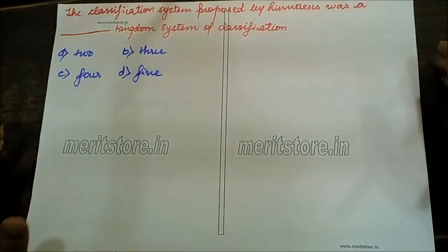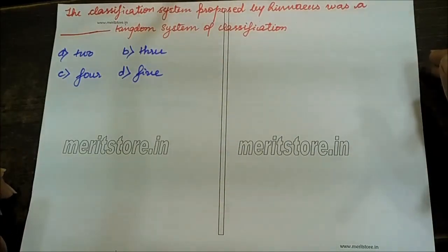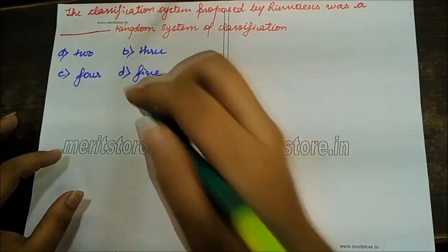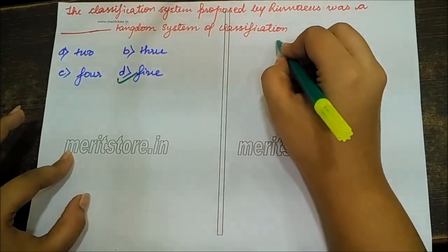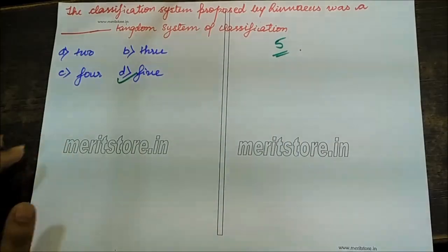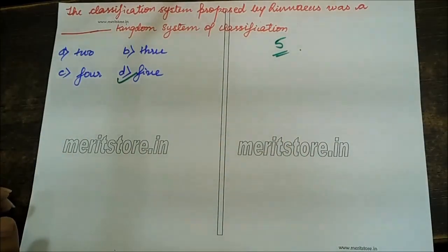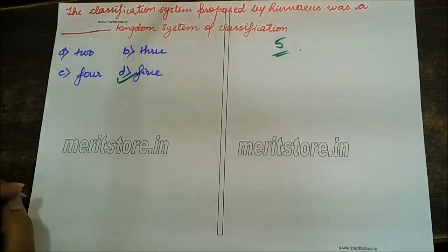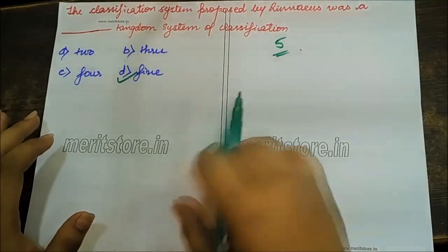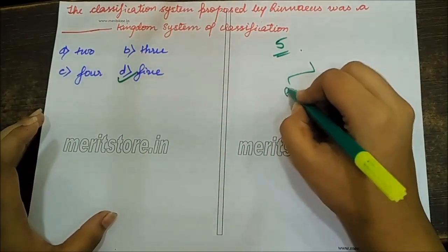And the question is, the classification system proposed by Linnaeus was a dash kingdom system of classification. 2, 3, 4 or 5. And the answer for this is 5. Let's know how. Before 1969, all the organisms had been divided into two groups, that is plants